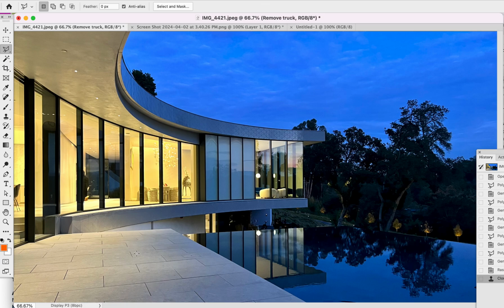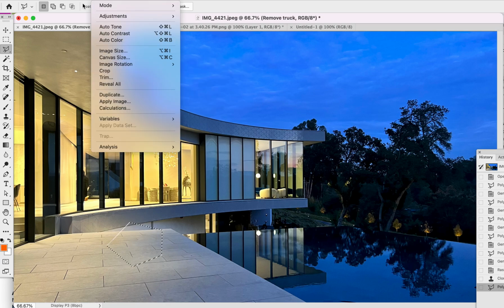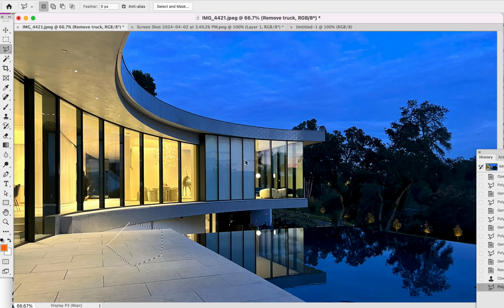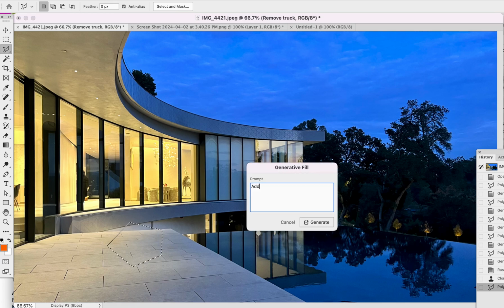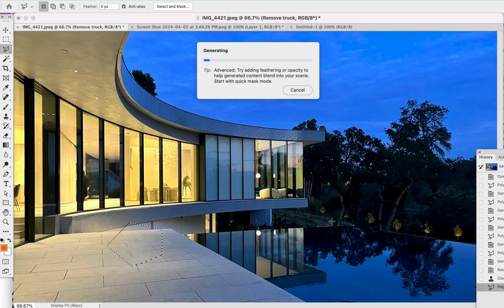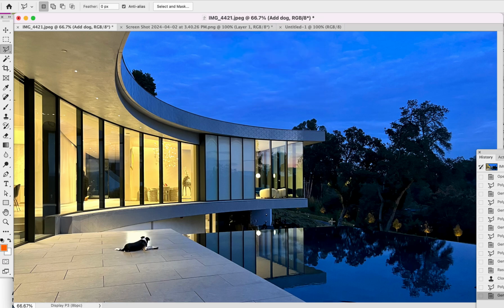Now let's do one more. I'm going to put a pick thing here, and now let's use it to add something instead. So Generative Fill, we'll say add dog. See how that works. And these are certainly not quite as perfect as others. You can see here it kind of put a gloss in here, so I'd probably want to Photoshop that out